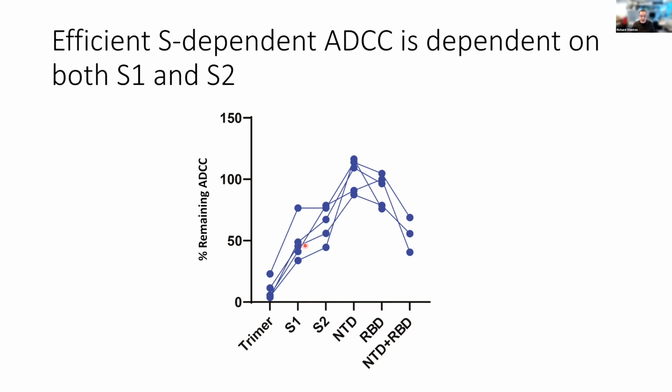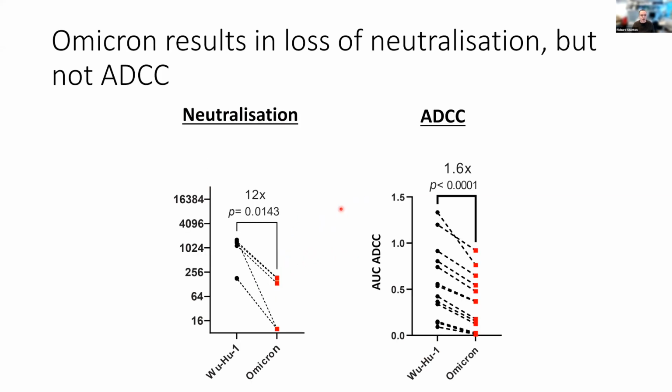And that probably reflects the fact that it's not a great ADCC antigen. You need all these antibodies all over it to get good responses to activate those NK cells nicely. But we did wonder whether the fact that it was such a polyclonal response would make it more resistant to virus evolution. And so here we've looked at either neutralization or ADCC response to either the original Wuhan variant of SARS-CoV-2 or the Omicron variant. And this is all using hybrid serums, again, because people who've been vaccinated only and never infected don't give good enough responses for us really to see differences here.